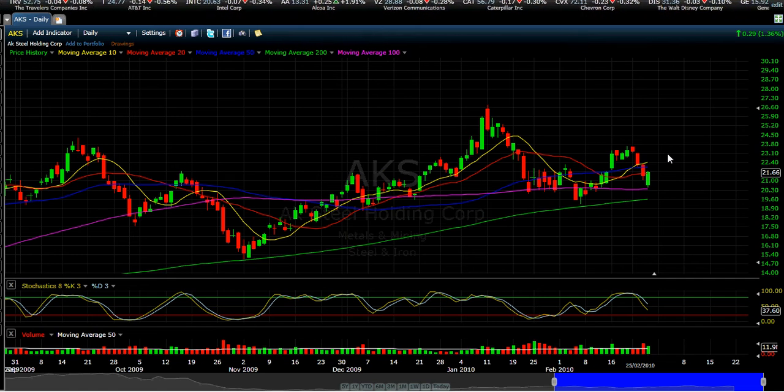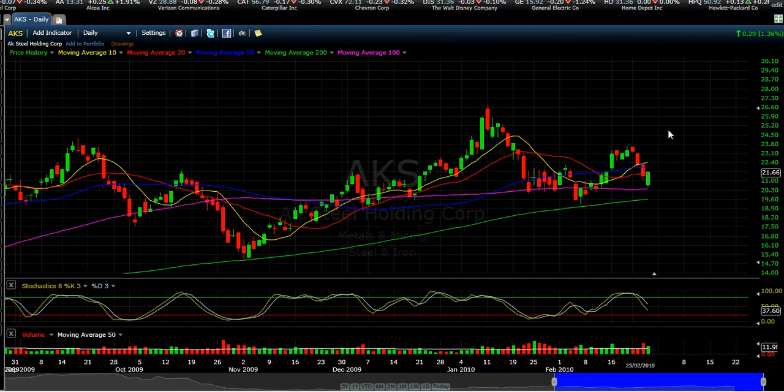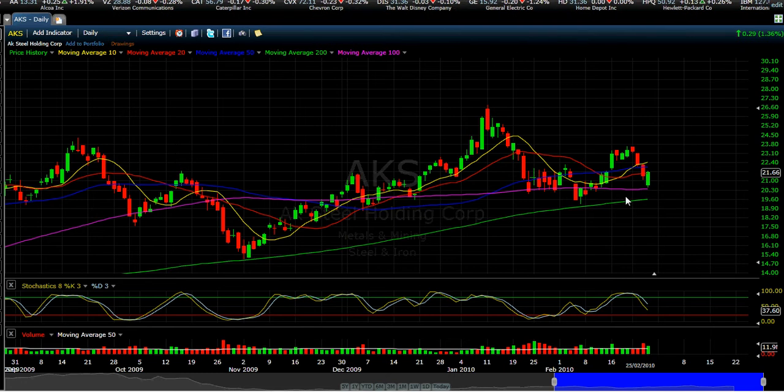So just remember that. And also, another way to enter this trade, if you want to be more conservative, would be to scale in. It is close to the 200 period moving average, as you can see. So what you might want to do is only buy half of your position, so you are in the stock if it does continue to move higher. But quite often stocks do tend to pull back to their 200-day moving average. So if you only buy half, you could buy another half if it does move back to the 200-day period,